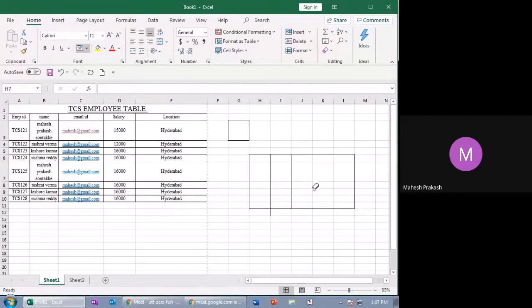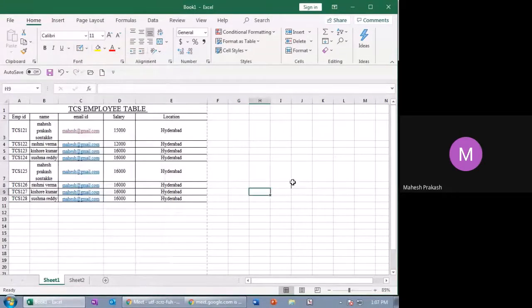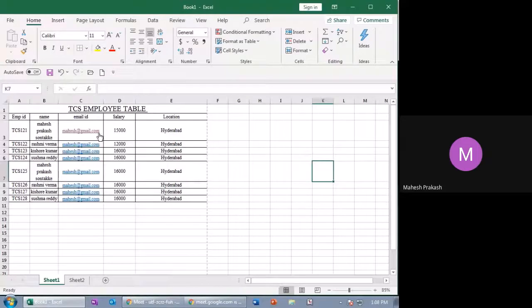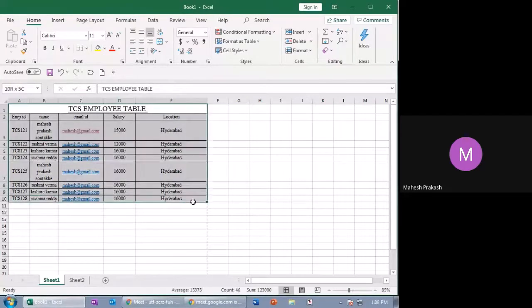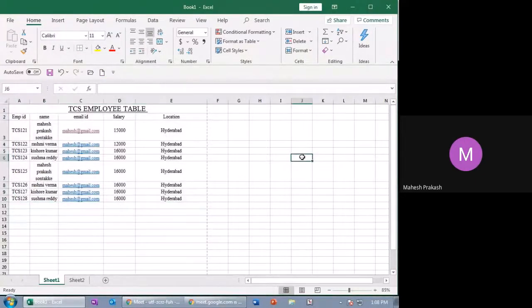So instead of making use of draw borders, you can directly make use of all borders. So when you click on all borders, you'll get borders all over the cell. If you select the complete table and say no borders, your borders will go off.